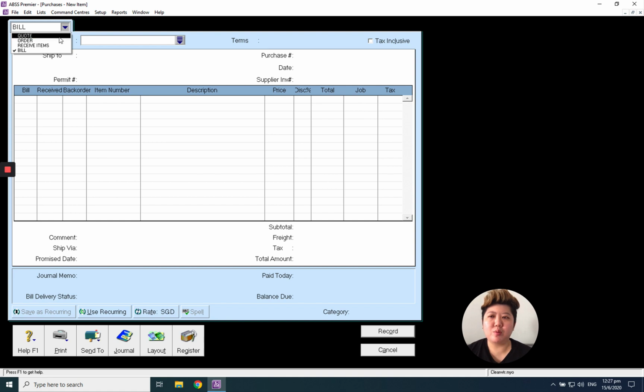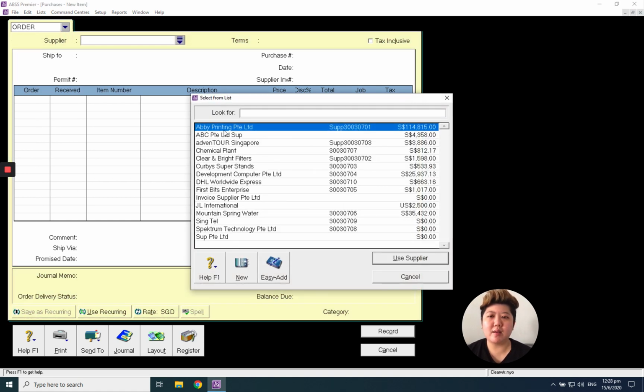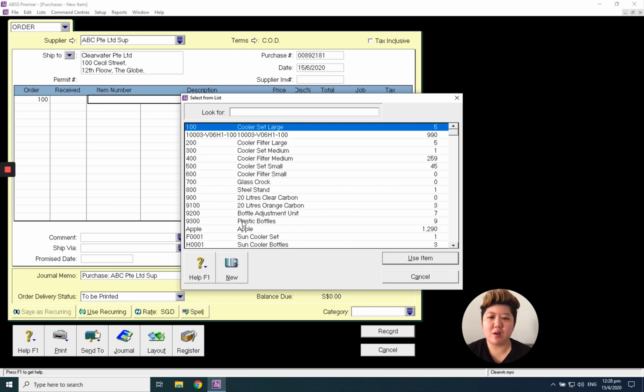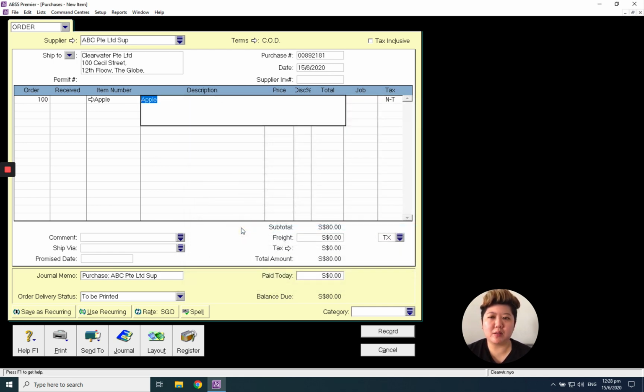click this bill. By default it will be bill. Change to order, select your supplier and key in the quantity. Order quantity, maybe 100 pieces of apple. Remember the tab button to select the item, and you can change the price here. Maybe this time is $1,